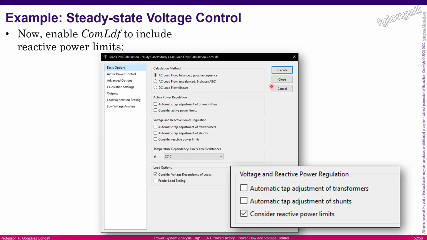However, defining the limits of reactive power is just one step, because when you are running the load flow, you must be able to enable this reactive power regulation and consider the power limits. Okay, where is the place to do so? If you go to the command load flow, and when you open the window for configurations, you will realize